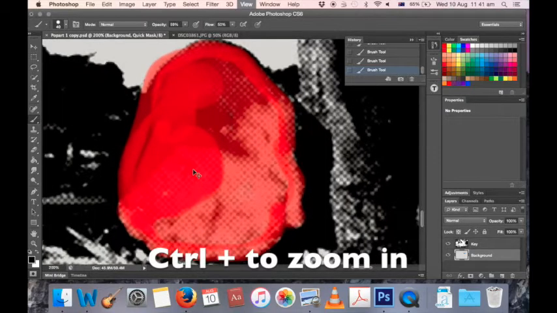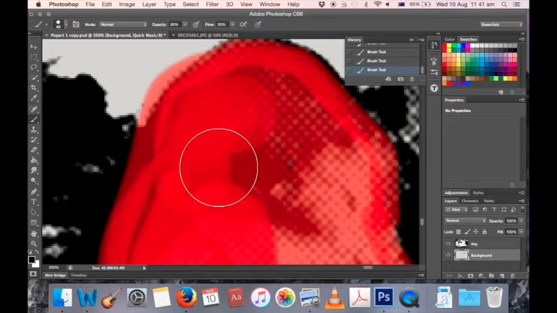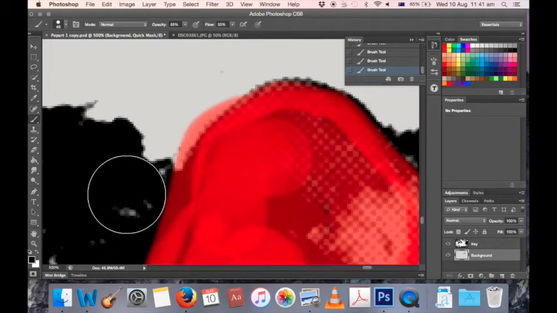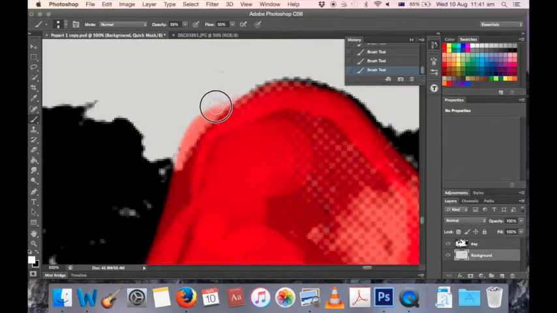Ctrl+ to zoom in, and we want to drag down again just by using the spacebar. And what we want to do is switch that black and white section in the corner, and then to make your brush smaller you use the other bracket tool, which will be the left hand bracket tool. And then you just want to draw around the edge,